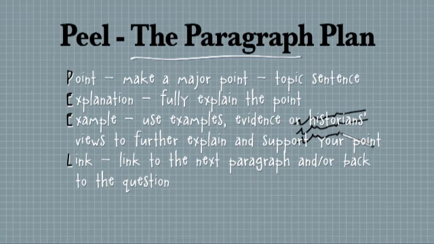And how do we generally explain something? Well, often in history by using examples. And what I'm saying are examples here. Use examples, which might be evidence, factual detail. Well, they also might be historians' views that either further explain or support your point. And so that you've expanded on that sentence, you've explained it, and you've used examples to assist in your explanation. And then finally, you attempt to link to the next paragraph. And at the same time, you may even be able to link back to the question that's asked by using the words from the question again. In other words, with the example we've considered, you might be explaining how this point that you've expanded upon demonstrates the army's influence.